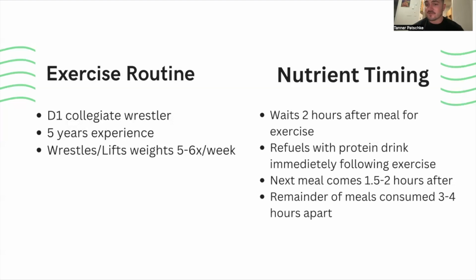And then for the remainder of the meals, they're going to be spread out 3.5 to 4 hours to give him time to just fully digest. And then also waiting in that window is going to promote a bigger insulin spike, which can also lead to more muscle protein synthesis. And for the fluid intake, I'm using the ACSM fluid replacement guidelines for the Dave Steve